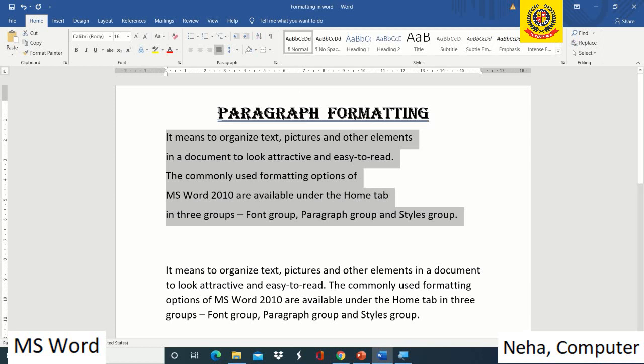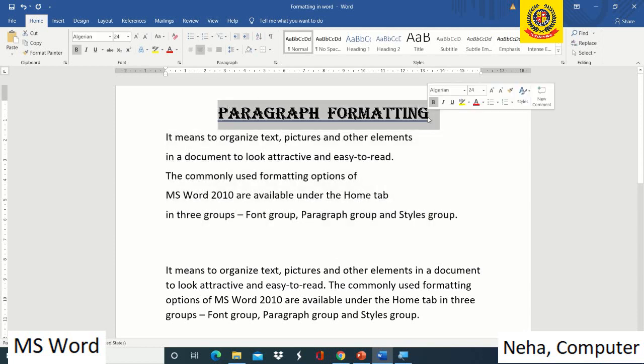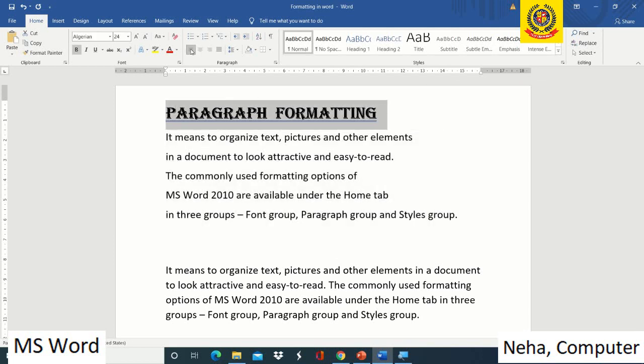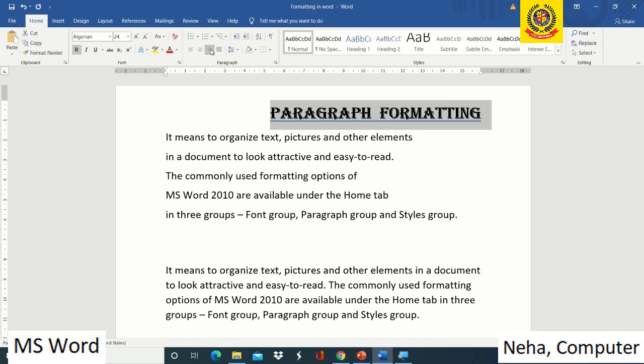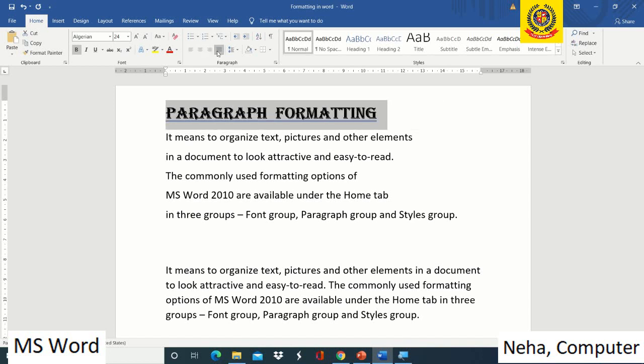And we can do the same with the heading also. We can make it left, right, center, and justify as well, so that it gets adjusted by itself between both the margins. So these were the alignments which we can apply to a paragraph.